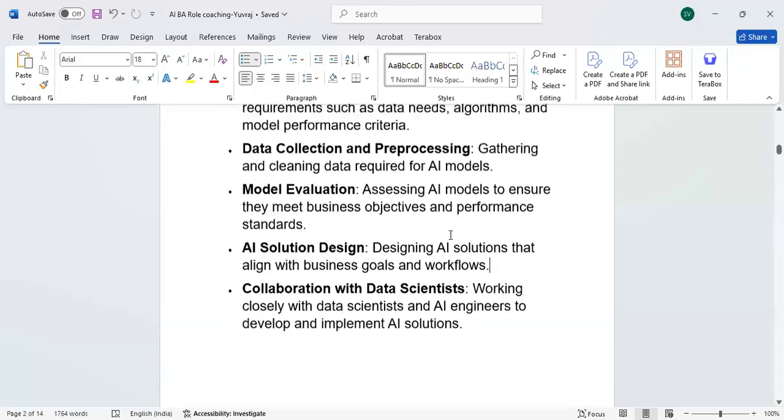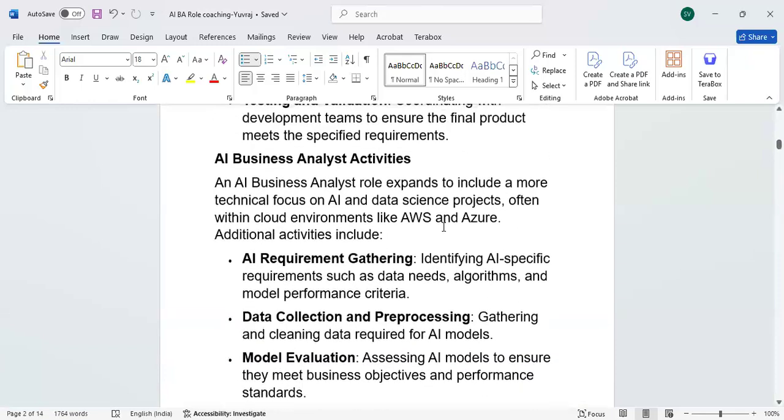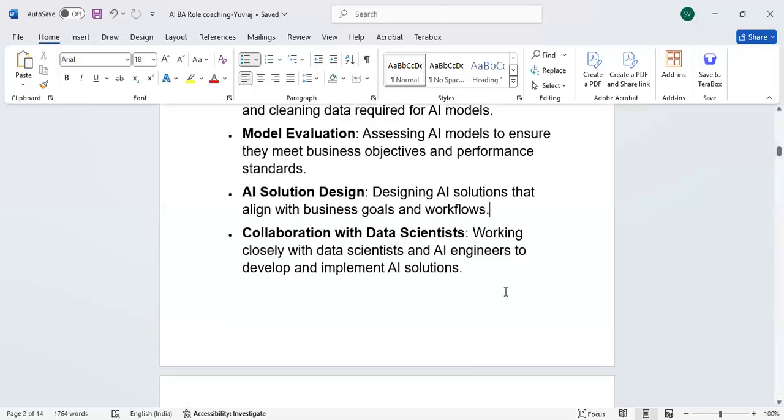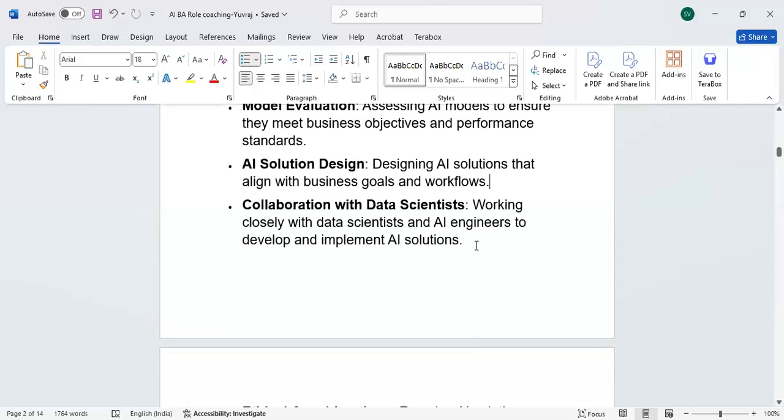Basically, all these activities, you as a business analyst, you need to perform. Working with the data scientists and AI engineers also to collaborate about the work progress or work planning. Then implementing AI solutions, as you are the owner on behalf of the stakeholder on the project.